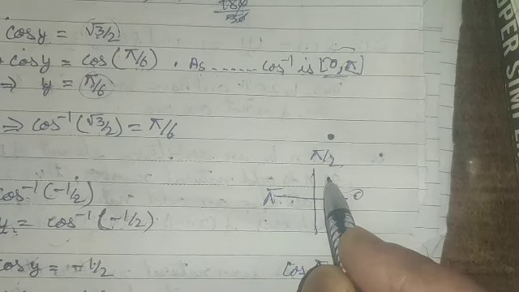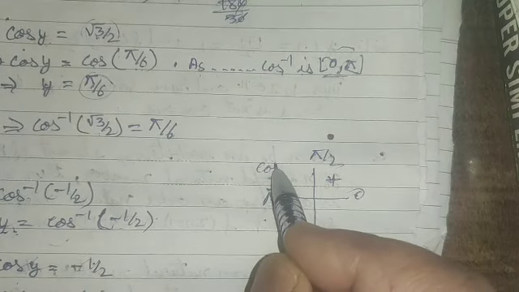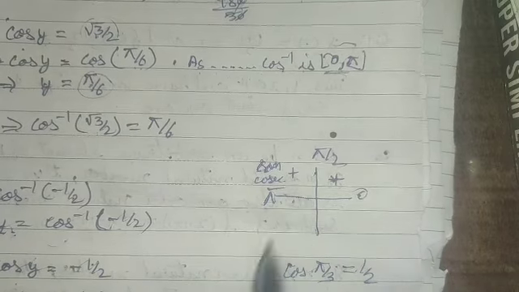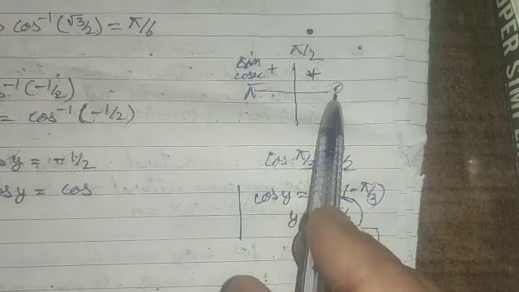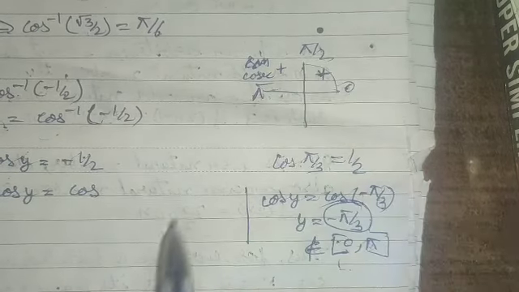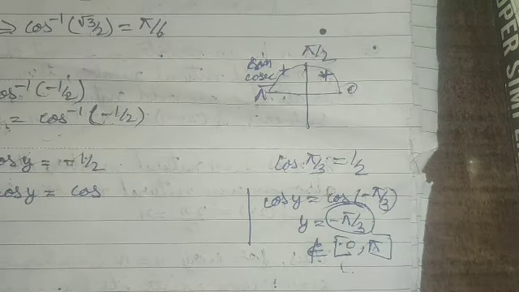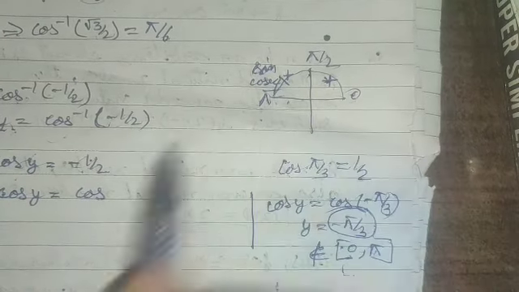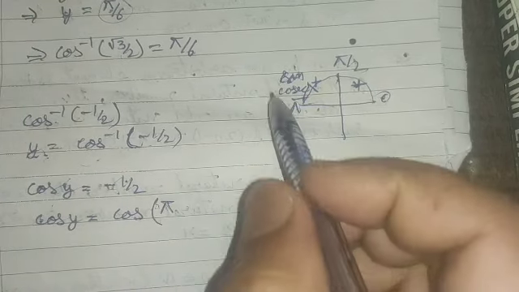Now in the first quadrant, as you know, all are positive. And in the second, sine and cosec are positive. And the value of the cos function is from 0 to pi, so we are checking from 0 to pi. From 0 to pi by 2, cos is positive, and from pi by 2 to pi, cos is negative. So that means this negative value will lie in the second quadrant, and for that we can say that the end of this range is pi.